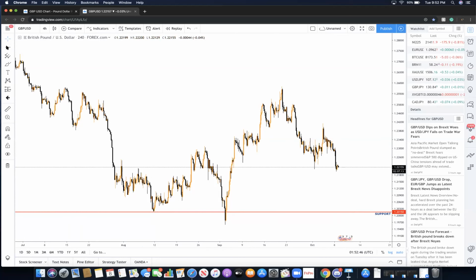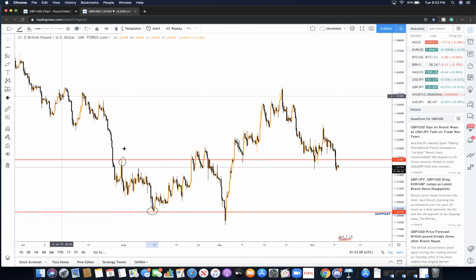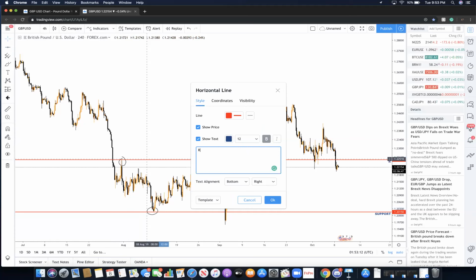When I go on to identify my resistance, I'm going to look for the price where the market reached its peak and couldn't go any higher. So let's say this is the price here. And I'm going to label both touches that I'm using to identify where support and resistance is. And being that we have that area there now representing as resistance,